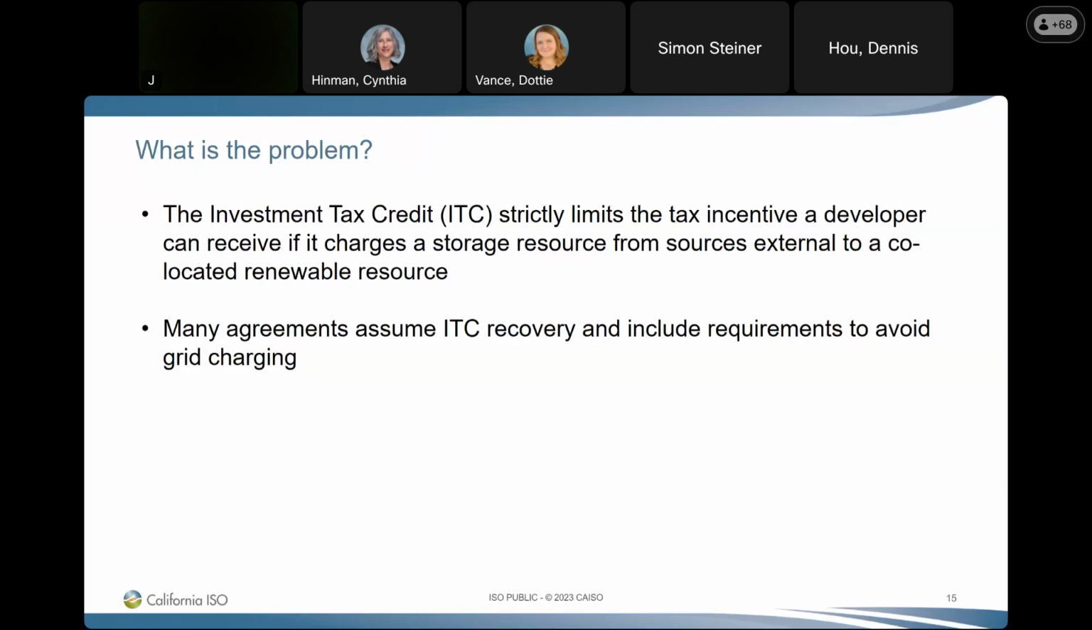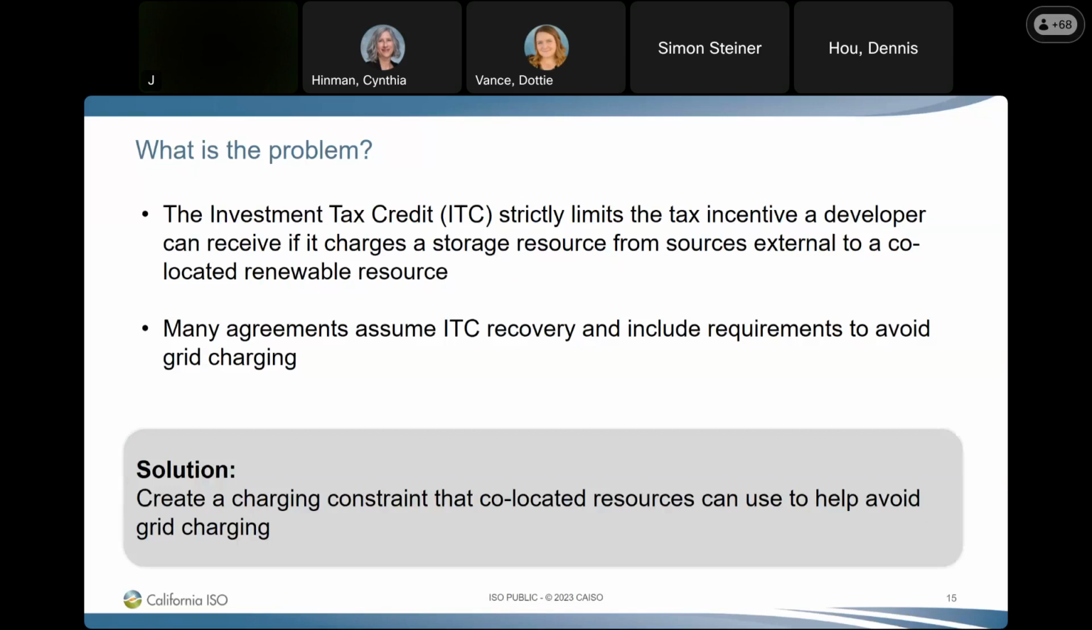We didn't have the availability of this, but we will with the implementation of Energy Storage Enhancements Track 2. We're going to create a charging constraint that co-located resources can use to help avoid